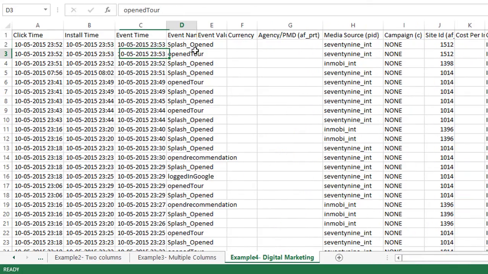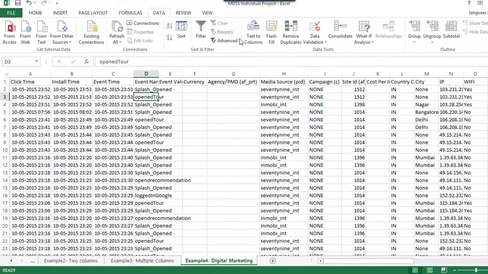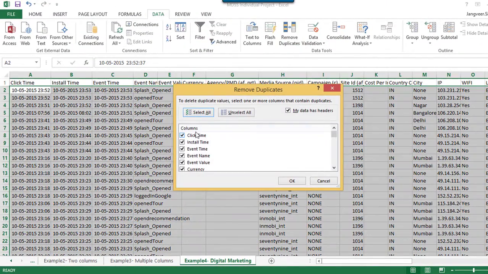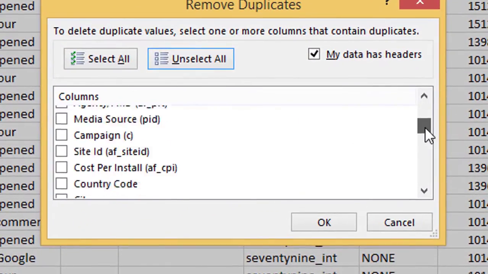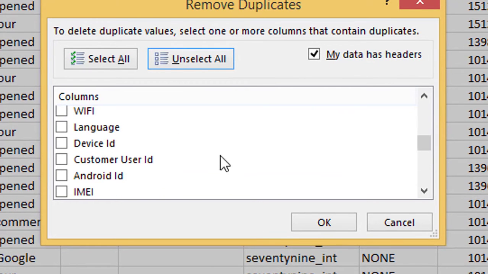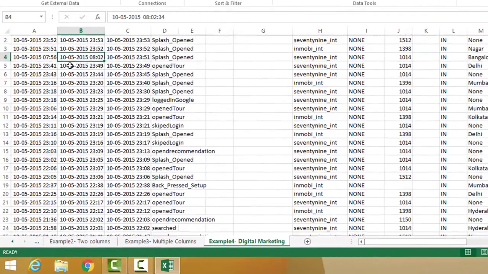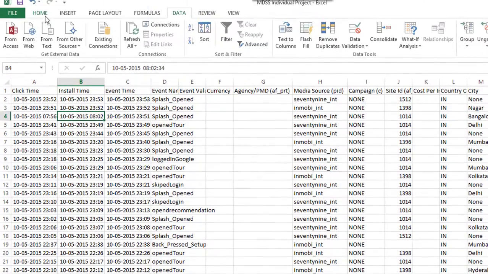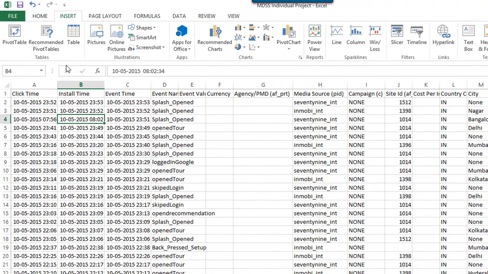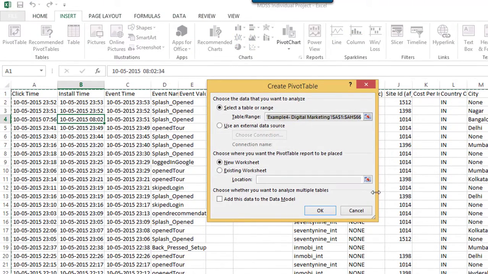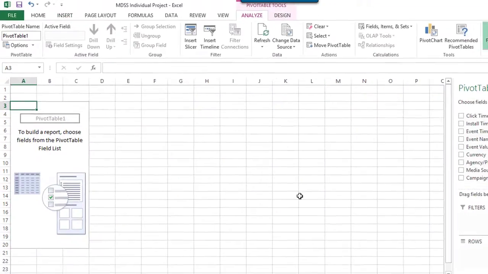So let's apply this. First we go to remove duplicates. Here we unselect all and only select what is required by us, and that is just the device ID. Go to OK. So we get only 6,603 unique values, that is, only 6,603 downloads have happened, and out of these, if we want to create a pivot table, we need to go to Insert and go to Pivot Table, and then in a new worksheet let's select